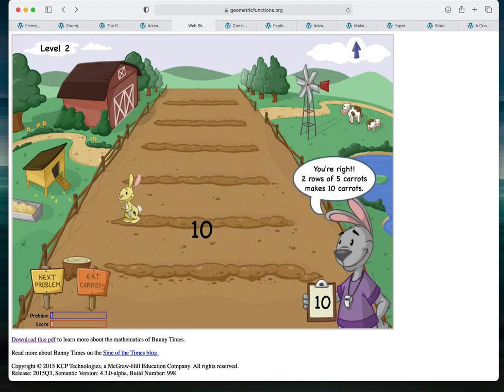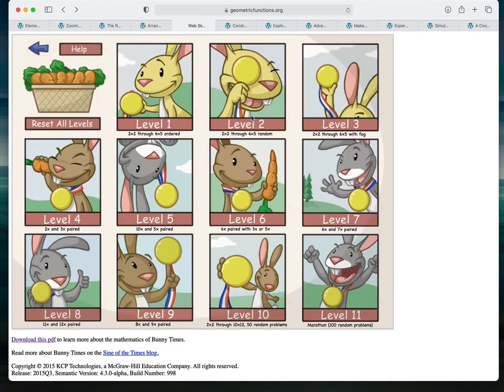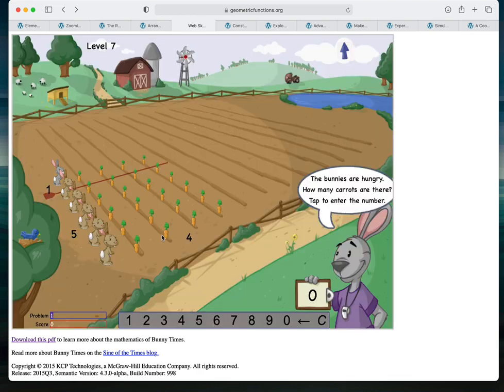And ooh, the bunny ate all the carrots. Now when we get to some of the later levels, these strategies get a little more sophisticated. Here, for example, we have bunny teams. We have a gray bunny and brown bunnies, and I can change the number of bunnies on each team by dragging the slider. And here we're modeling an array, a 6x4 array, where students can determine that, maybe it's easy